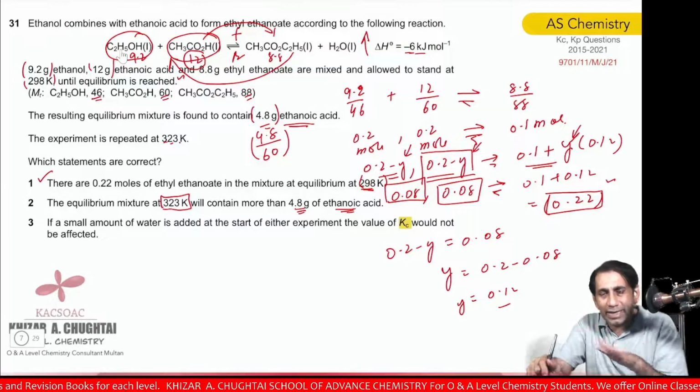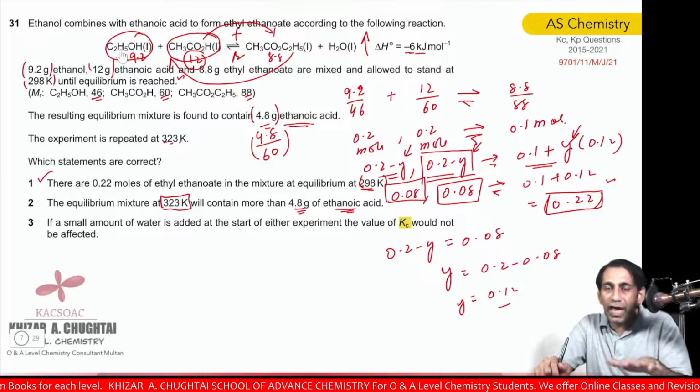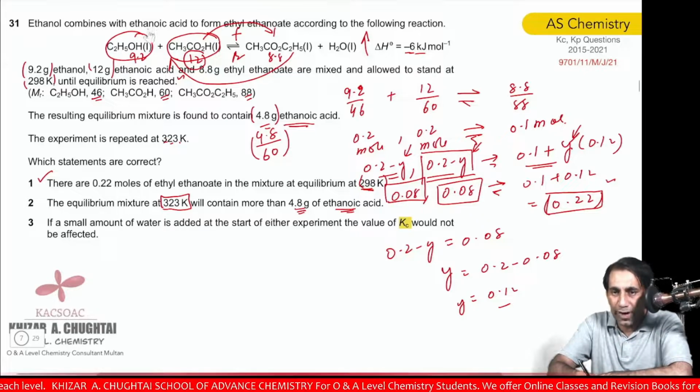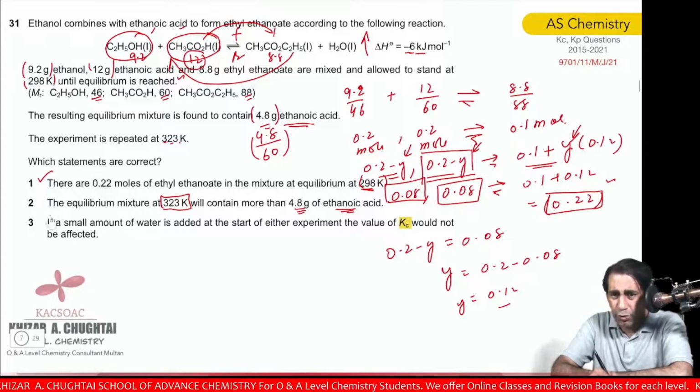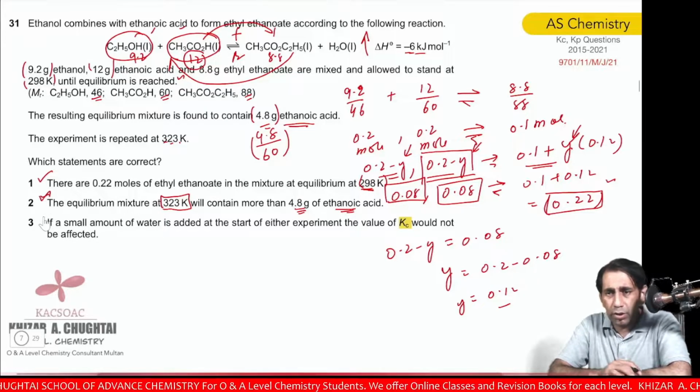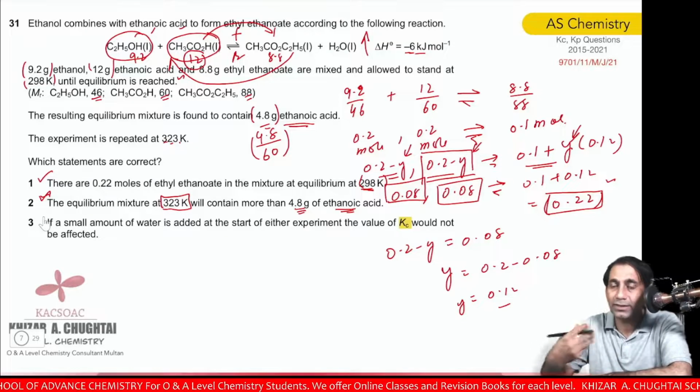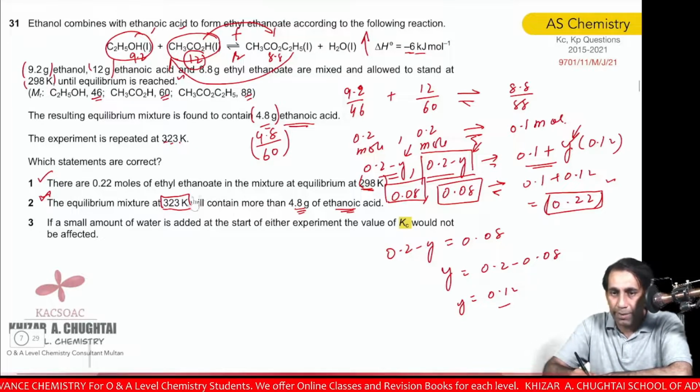So by reversing this equilibria, we will have more quantities of both reactants. So yes, it is true, there will be more mass of ethanoic acid at the new equilibrium when the temperature